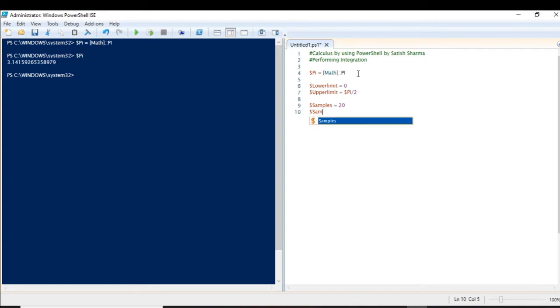Now the sample width. What will the sample width be?